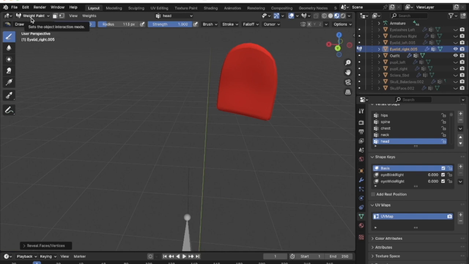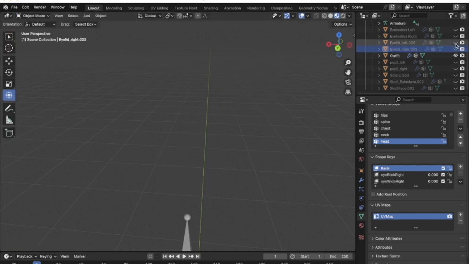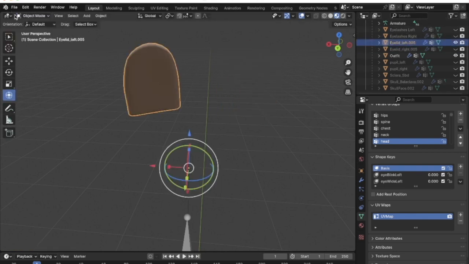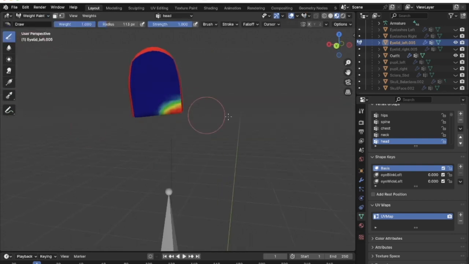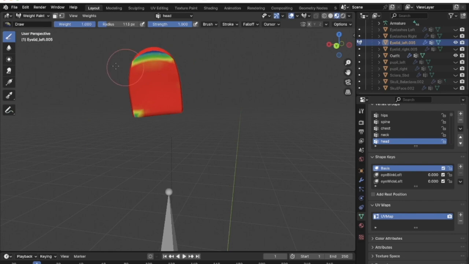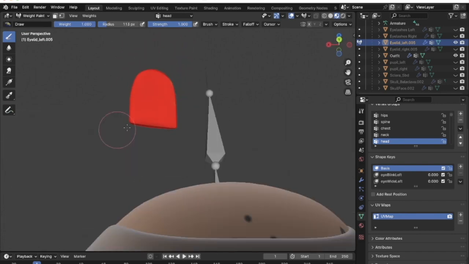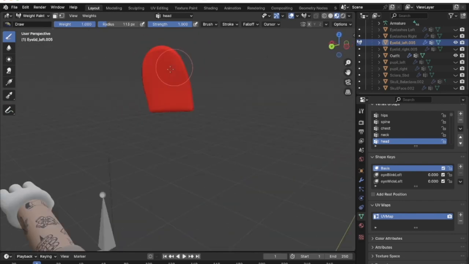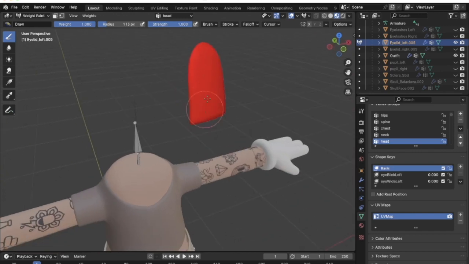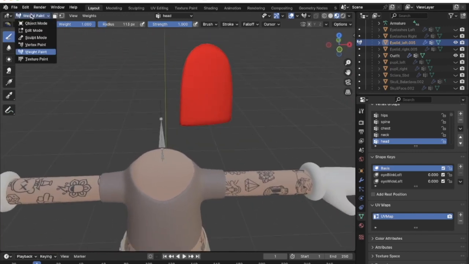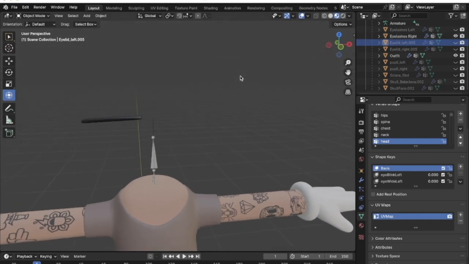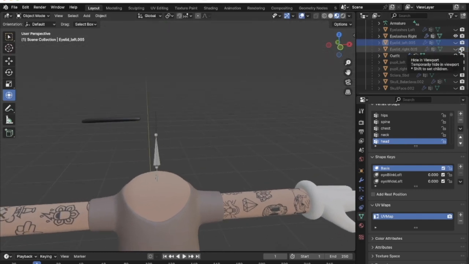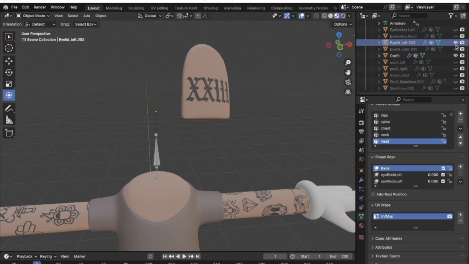And we're going to go to the next eyelid. Object mode, eyelid left. Select that, weight paint. We're going to fill that all in. Fill in all that magic. I'm overfilling to make sure I get everything. Object mode, eyelashes left. Oh, also, I forgot. Before I do that, let's